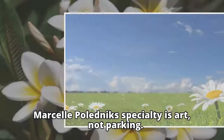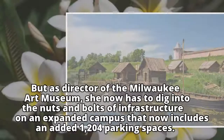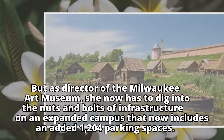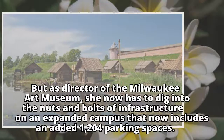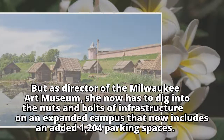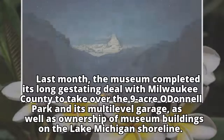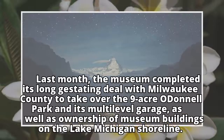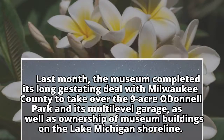Marcel Poldnick's specialty is art, not parking. But as director of the Milwaukee Art Museum, she now has to dig into the nuts and bolts of infrastructure on an expanded campus that now includes an added 1,204 parking spaces. Last month, the museum completed its long-gestating deal with Milwaukee County to take over the 9-acre O'Donnell Park and its